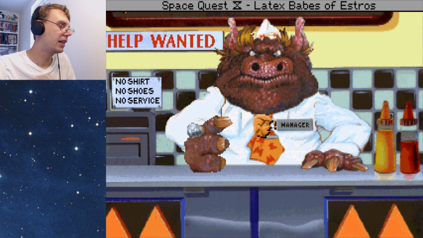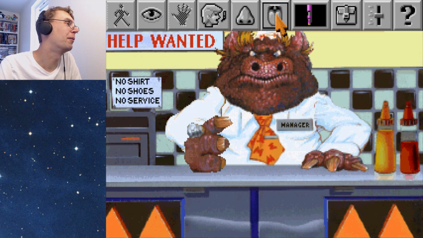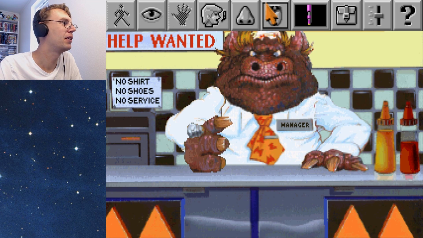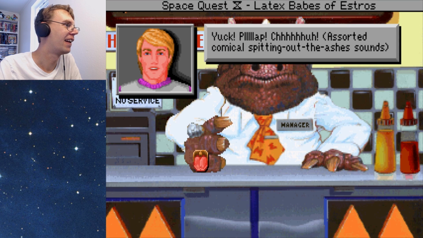Alright, anyway, let's keep going with this. Oh, wait a minute. There's one thing I have to do, and that is his cigar is a separate object. Look. If I click on this one, nothing happens, but I can...